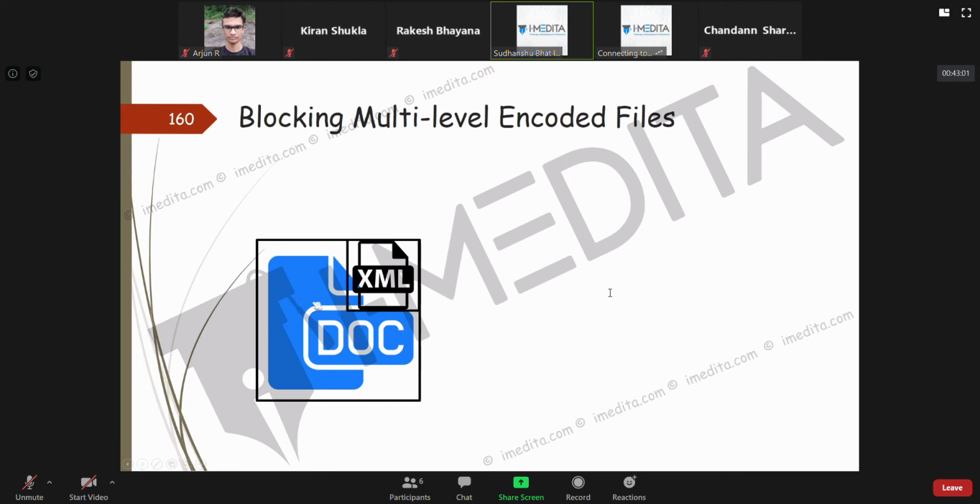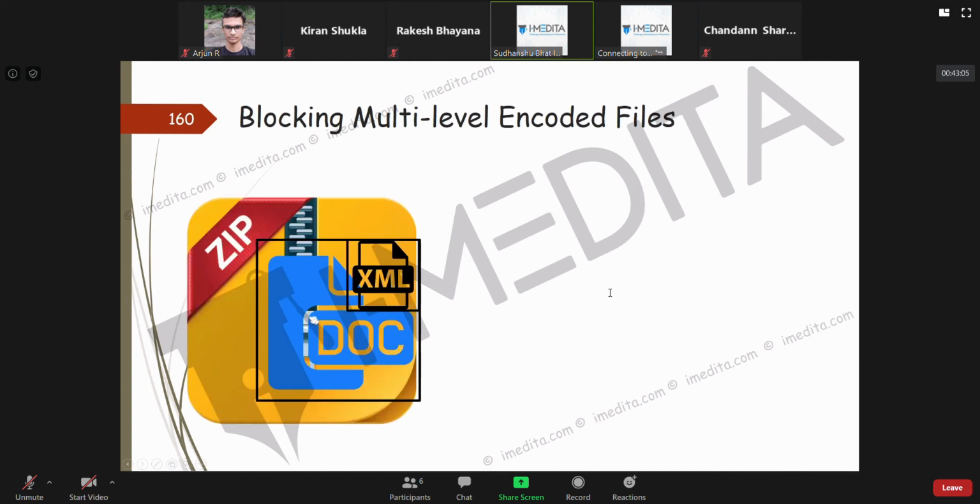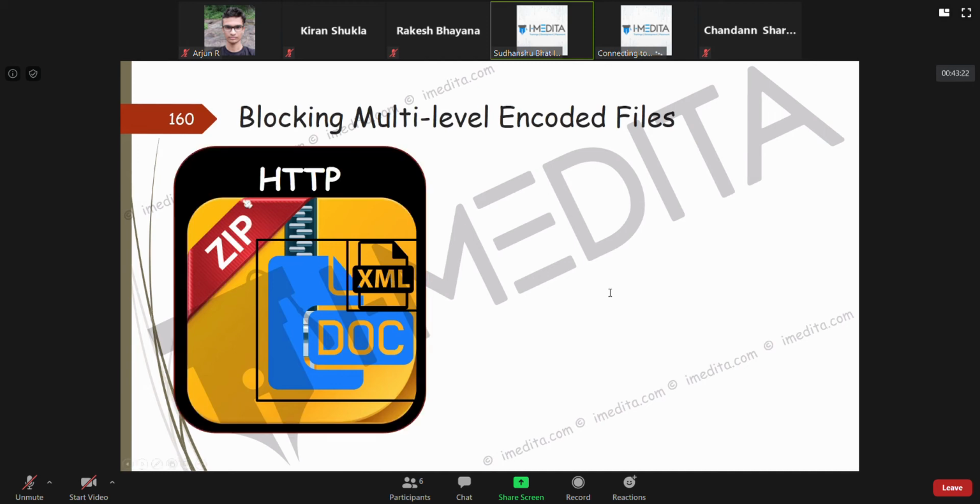Now you might say, okay, let me zip it up. Let me take this doc file and zip it up. It can still parse and look at it. And suppose you're trying to download or upload this using HTTP, now this is also considered a layer.